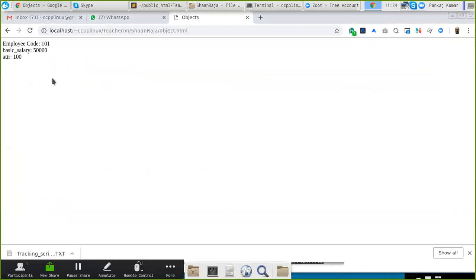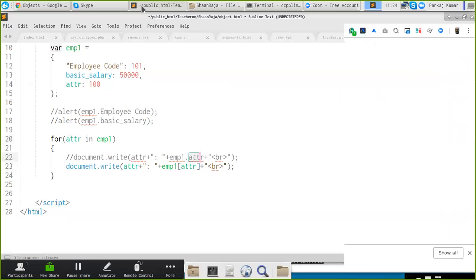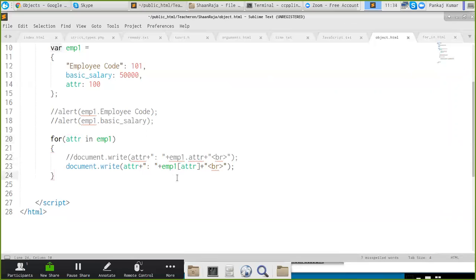Okay. So yes, employee code is 101, salary is 50,000, and it is 100. Okay, but now, sir, I did not get this one. How does it work? It is working because at this point this attr is treated as a variable,